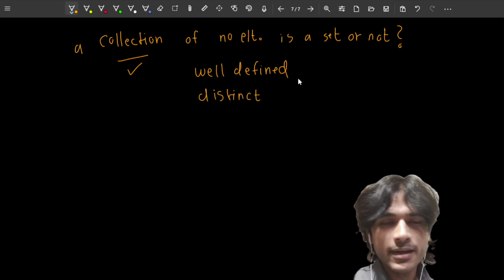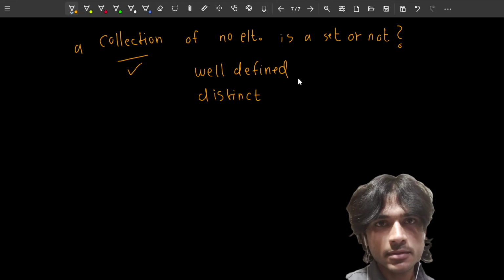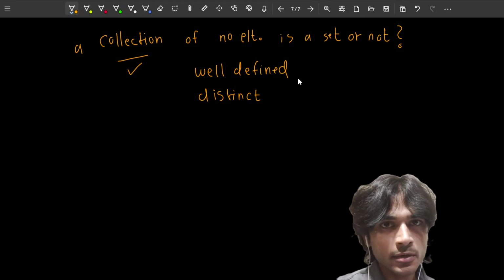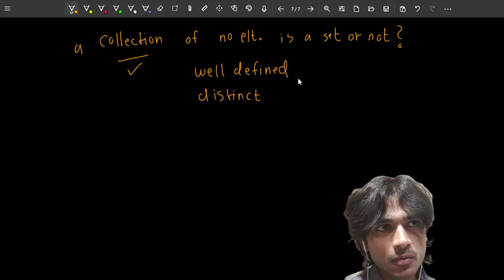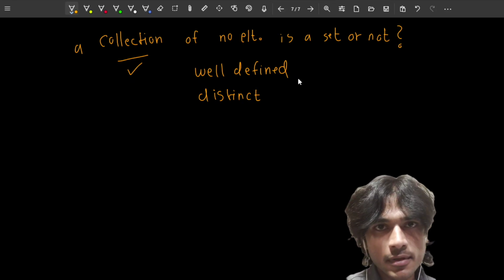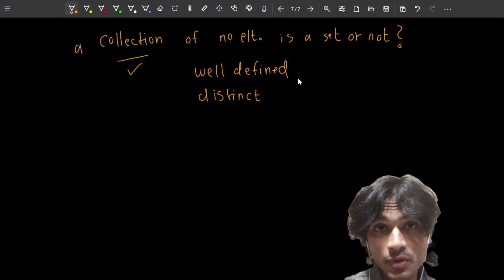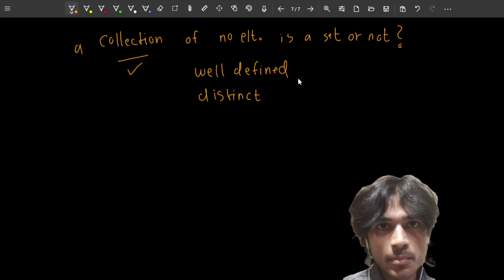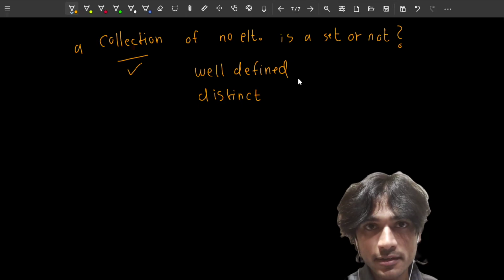Now, when I say well defined, that means that there should not be any confusion regarding inclusion or exclusion, right? Let's say any object you can think of. When you want to check for its inclusion or exclusion, you know for sure that that object is not going to be part of it. That object is going to be excluded from this collection, right? Because